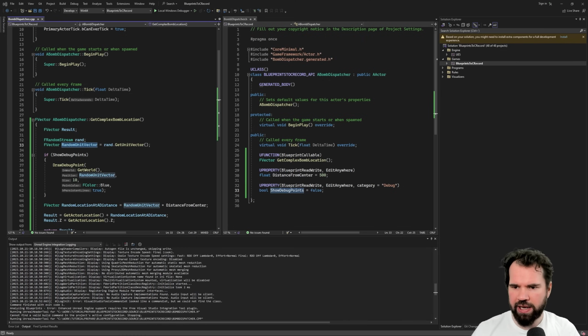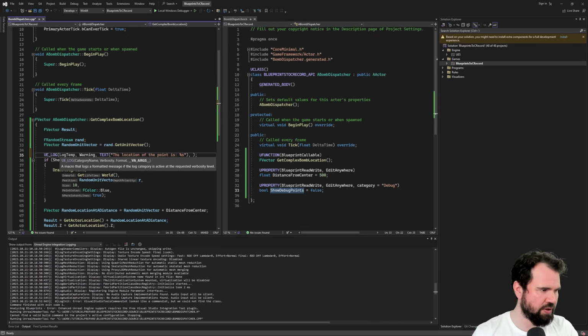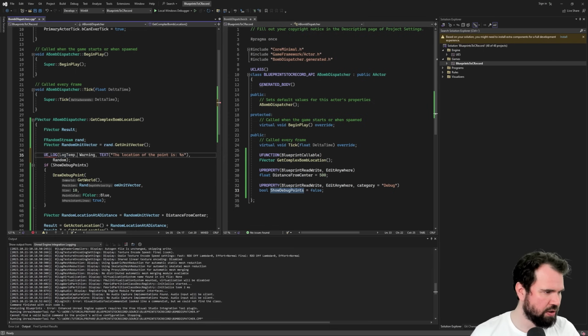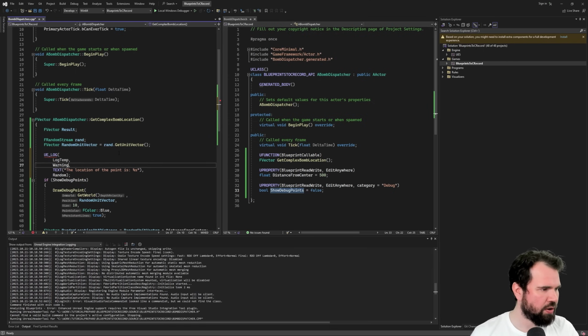Really quickly, add in the default logging command here. Here we go. So we are drawing the debug points here, but it would also be nice to know the location of the point is: %s, and we do random, move this below like so. So I usually just Google the ulog